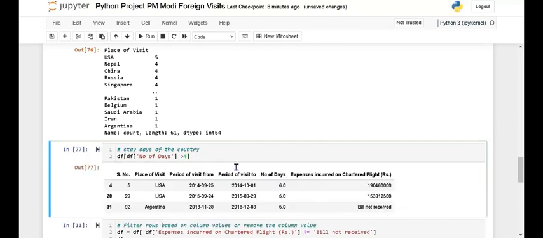These are the country names: USA and Argentina, with number of days 6 and 5, because I have given the condition greater than 4, so that's why it shows 6 and 5.